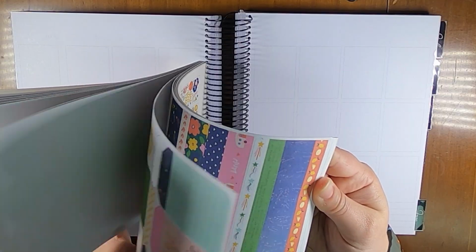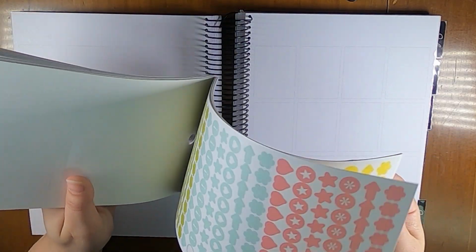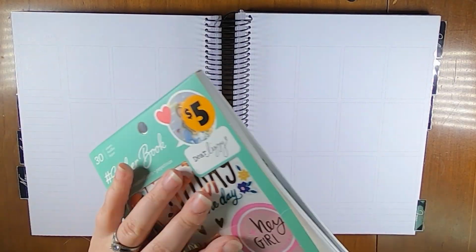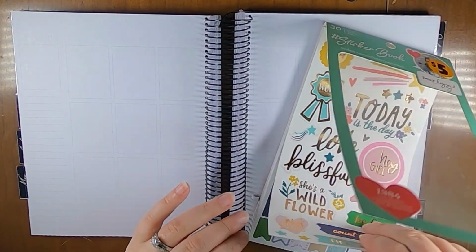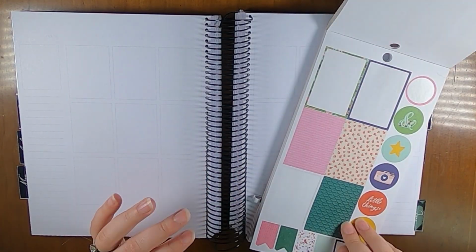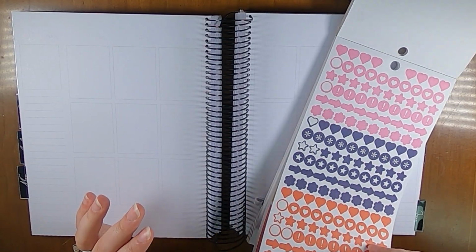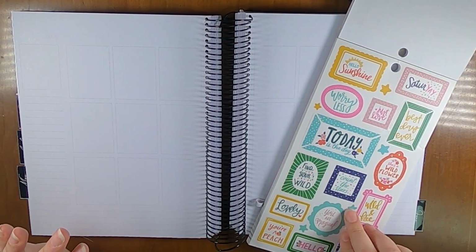I'm not going to show you the entire sticker book because that would take forever. But I'm excited to use a lot of the springy colors. I'm hoping to pull that in. So for today, I'm going to use a lot from the sticker book. So first off, obviously full boxes are going to come from the sticker book, but also I am going to pull in,